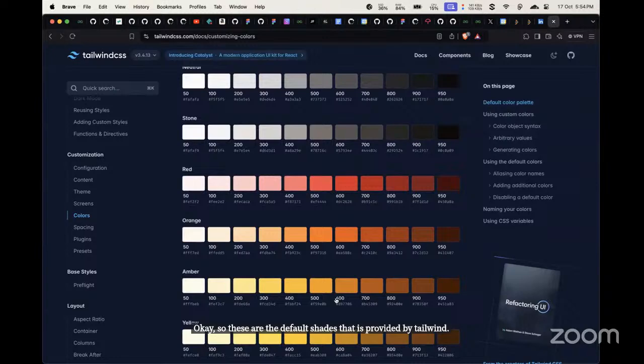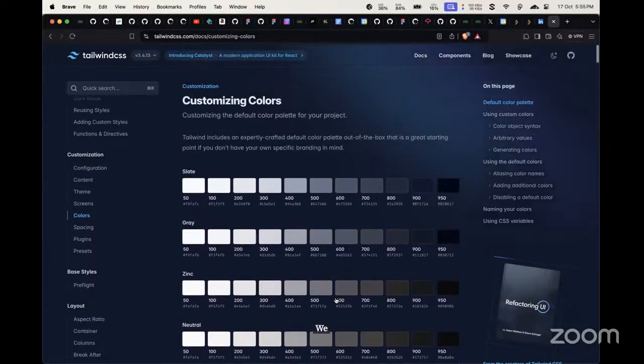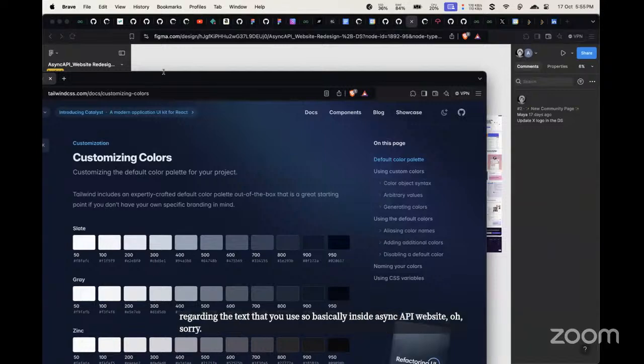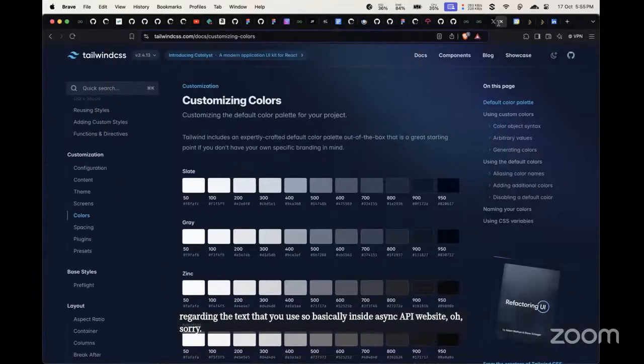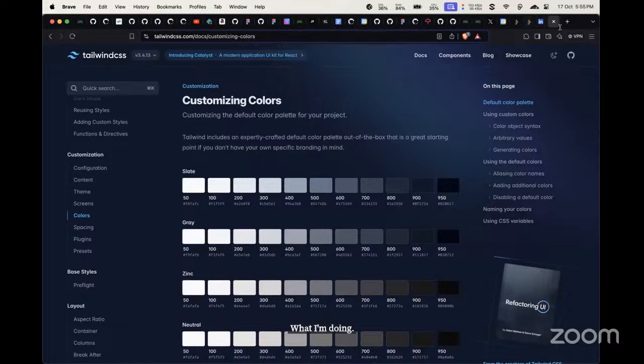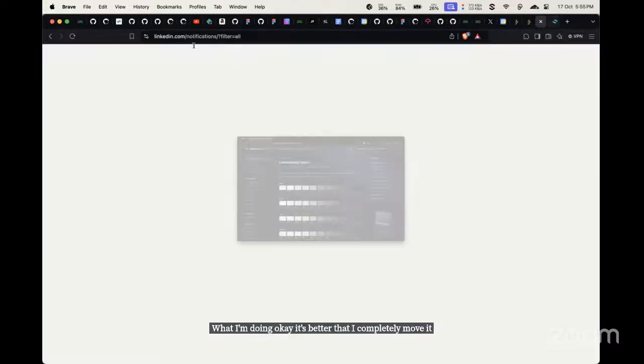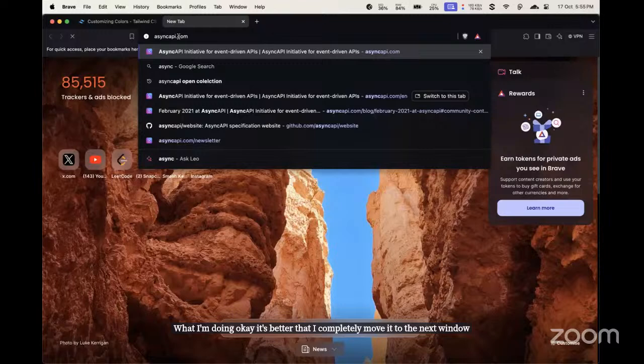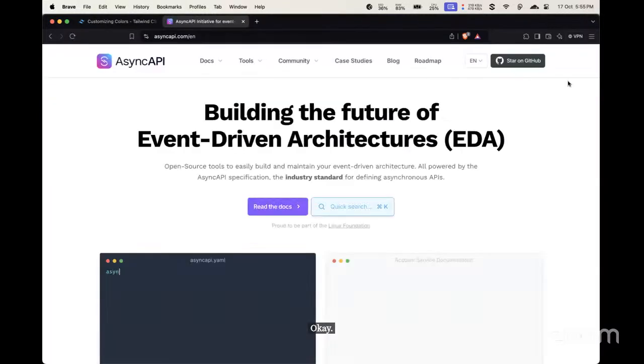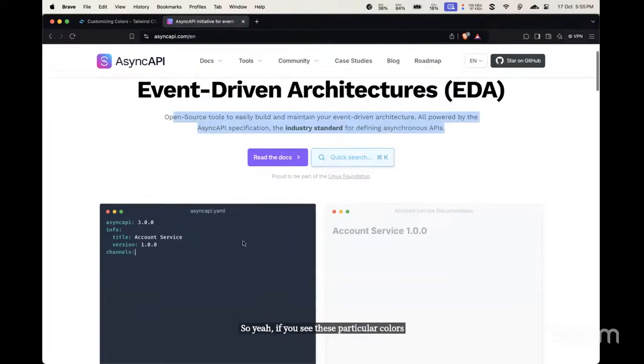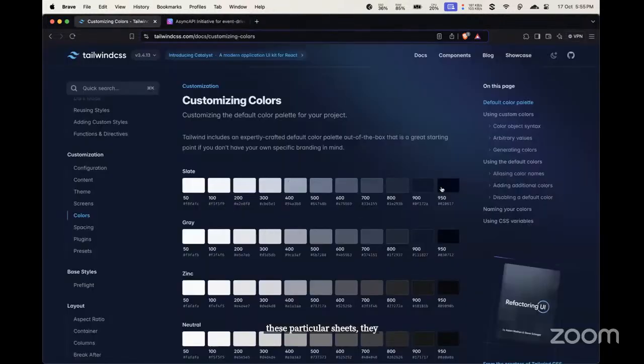We usually use them in some places regarding the text that you use. So basically inside the AsyncAPI website, it's better that I completely move it to the next window. So if you see these particular colors, these shades, they directly come from these particular gray shades only.